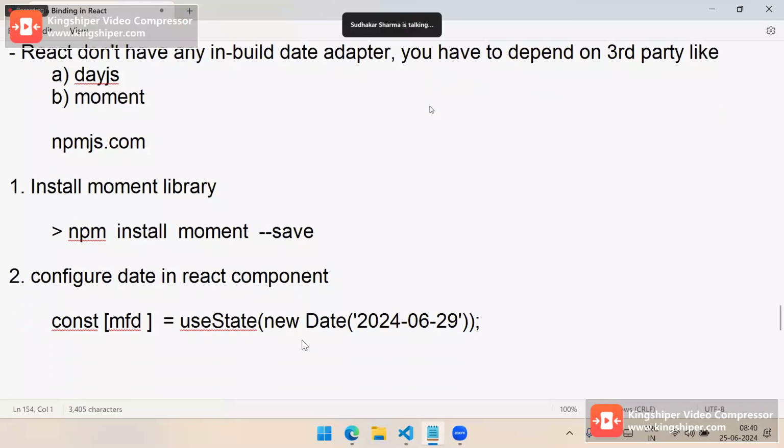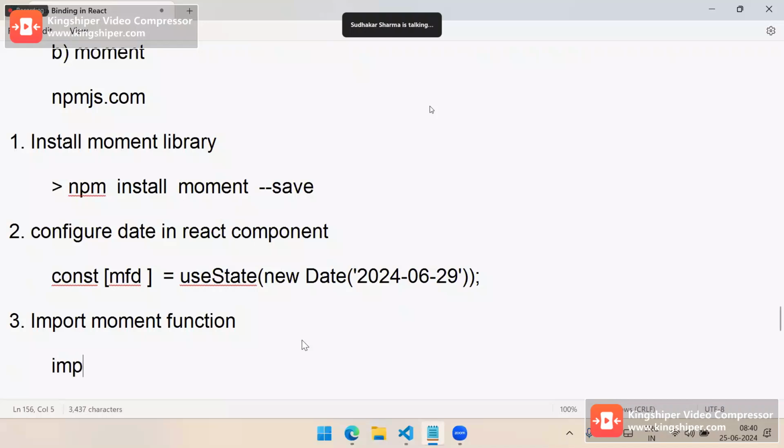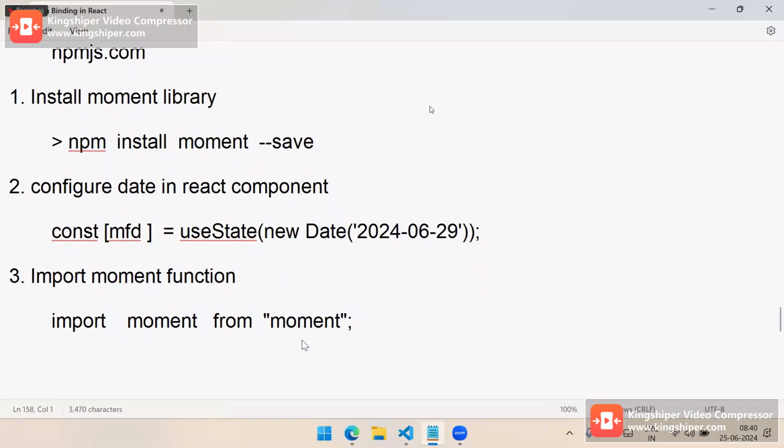Next, what you do is import the moment function. So you have to import moment from moment, and configure the format